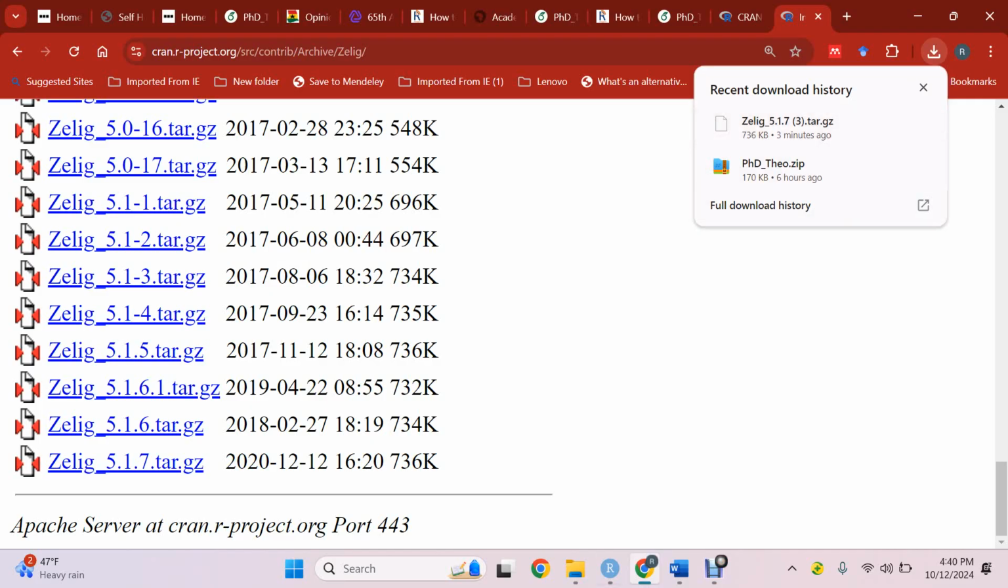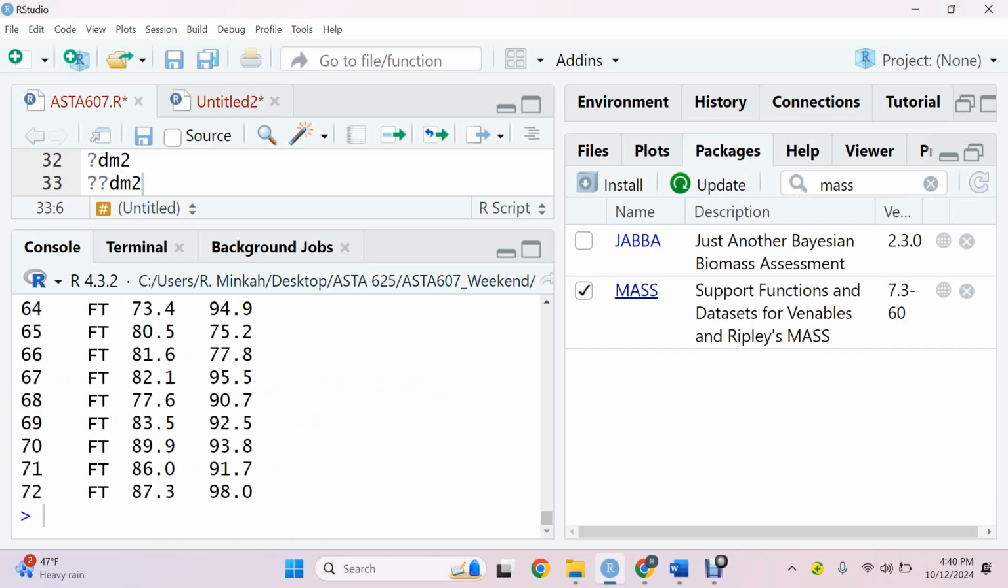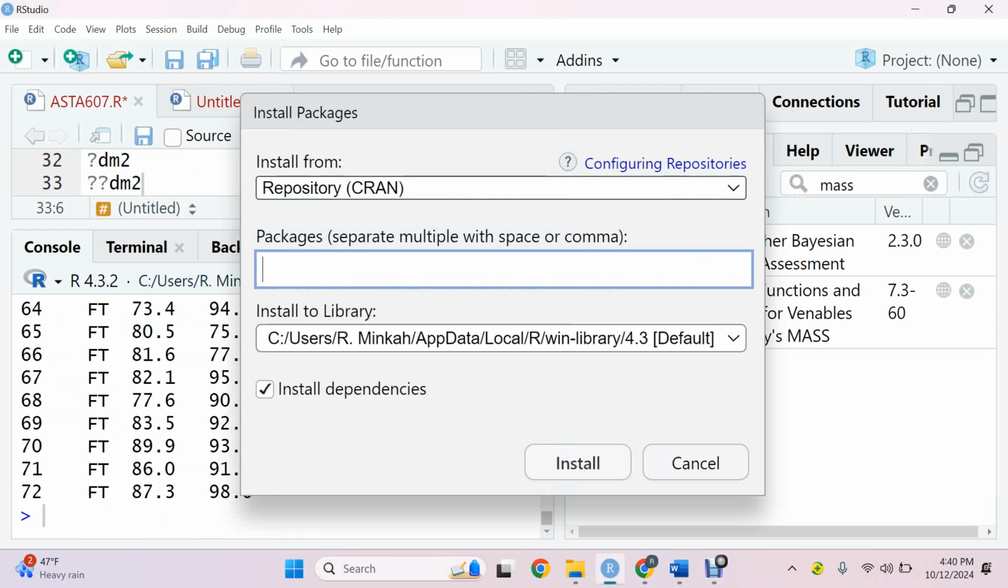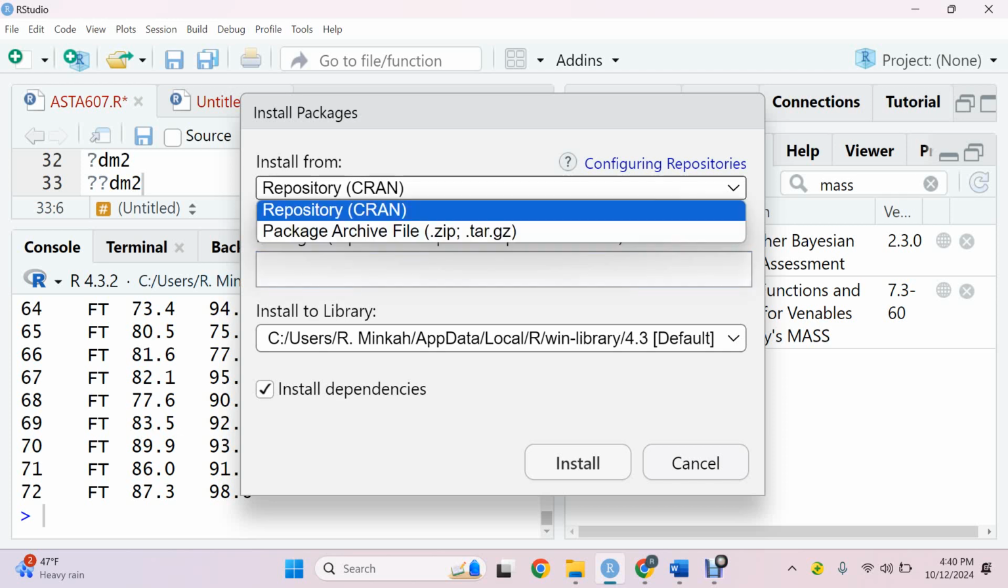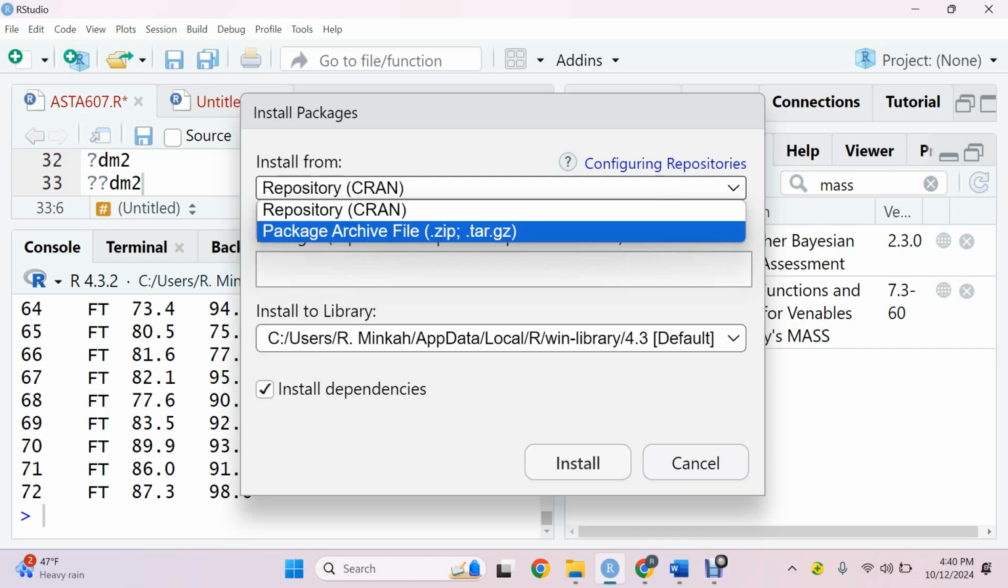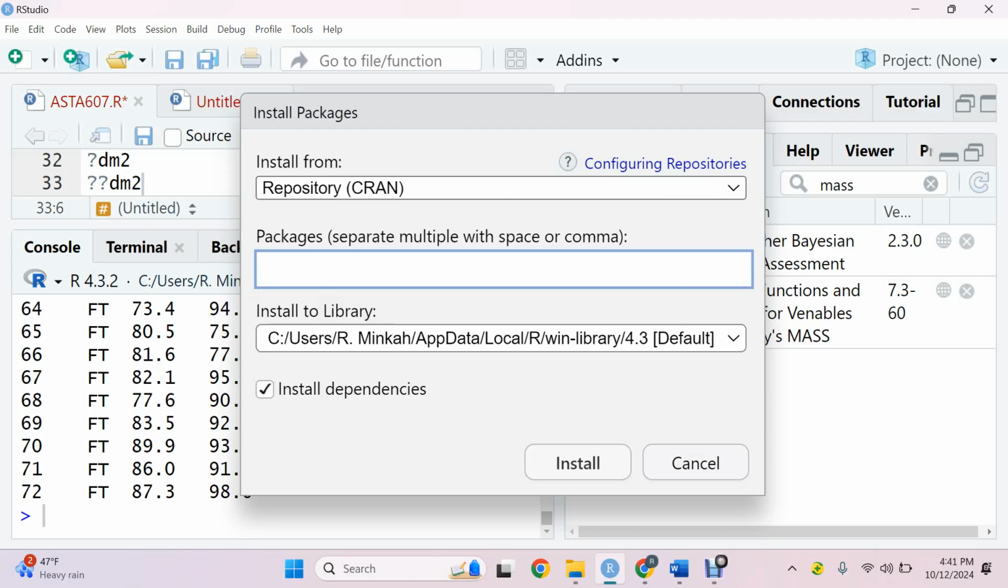Yes. Good. Okay, so now if you want to install it, this is what you do. You come to install packages. You see, first we were doing it from the CRAN repository, but it is no more there. So we can come here, and then it is package archive file. That's what we downloaded. The one we downloaded was tar.gz. Right? So you click on that one,